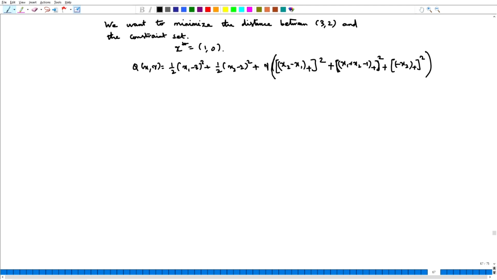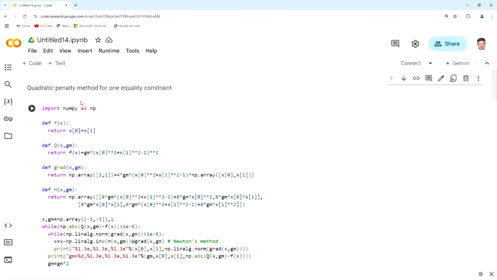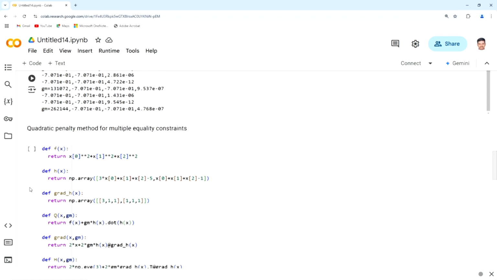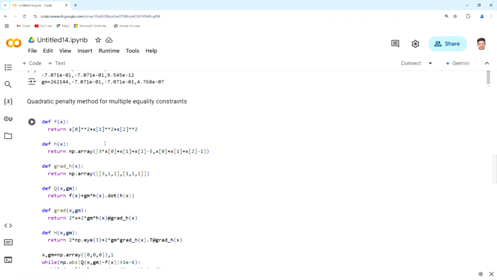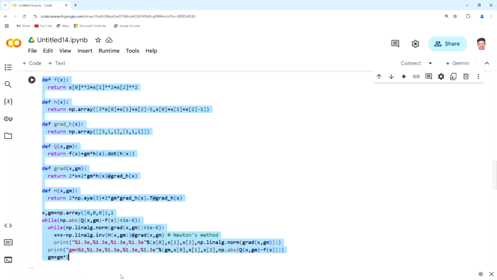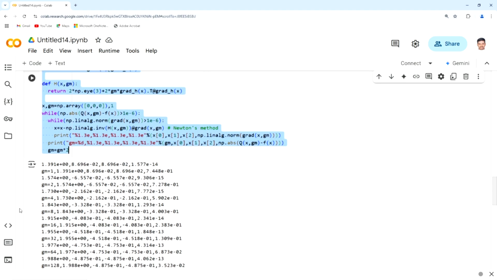So, let us start writing down the code. Since we have written the code for the quadratic penalty function when you have equality constraints, we can copy it down and start changing it. This was for when you have one equality constraint, and this was the method when you have multiple equality constraints. So, let us copy this down and modify it so that we actually get the code for